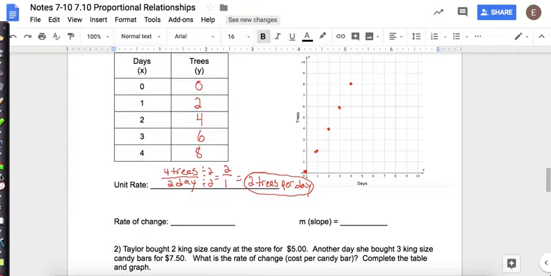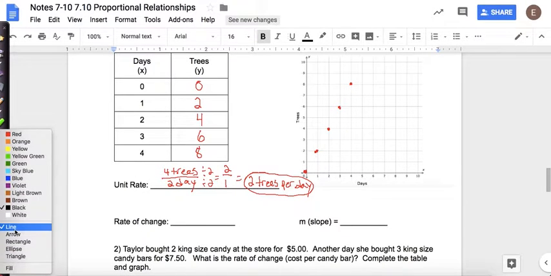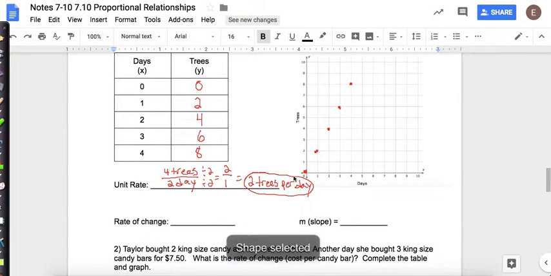If you have a ruler, now would be a good time to get that out. You can pause the video if you need to get one. And we're going to connect the points. Now, notice I didn't put arrows on both ends because I'm not going in this direction, because you can't have negative trees or negative days. But I can go on and on this way if I wanted to know 5 days or 6 days, etc.,